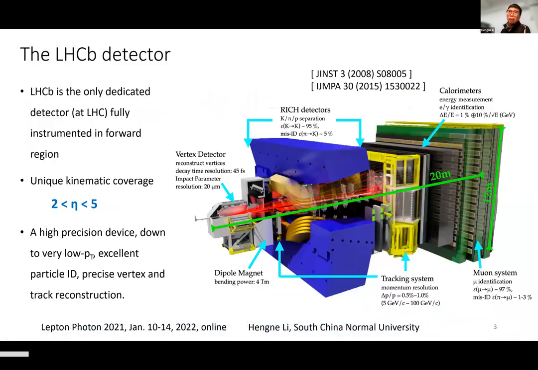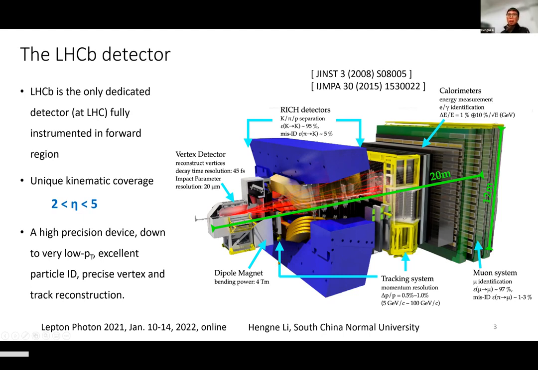All right. Let me first very briefly introduce the LHCb detector. Probably you already know this is a very dedicated forward detector, fully instrumented in the forward region with kinematic coverage from 2 to 5, and this is a good complement to ATLAS and CMS. Because its design is for the forward region, the magnetic field is up and down. It's not a solenoid. So it's very much designed for high precision measurement at low pT, and it has excellent particle ID and very precise vertex